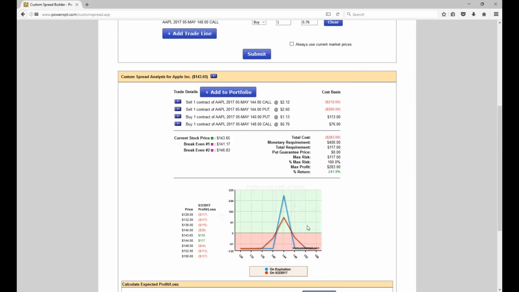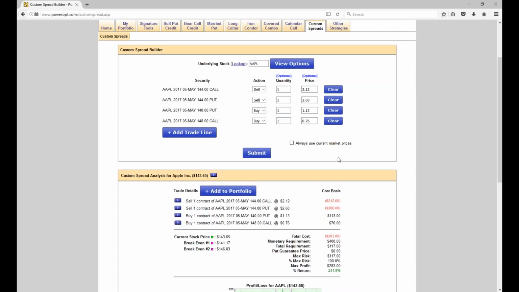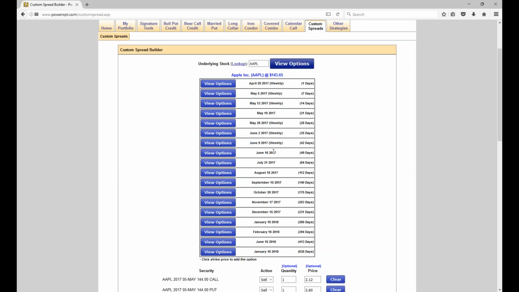Okay, but let's look at our iron condor, or this is a butterfly. Is this a good trade? Well, still a very tight risk. In order for you to reverse what you want to do, what you're looking at here, and take advantage of the earnings,